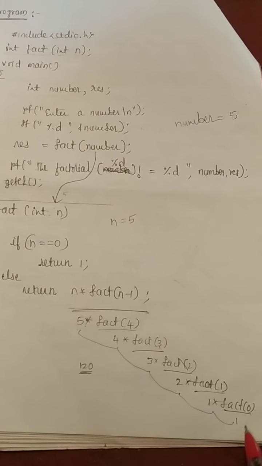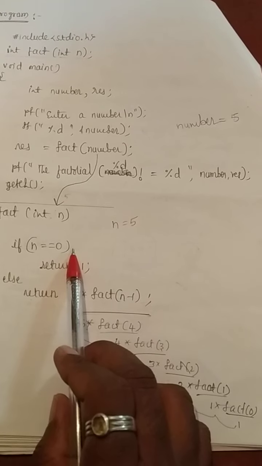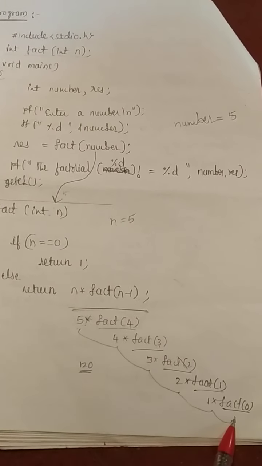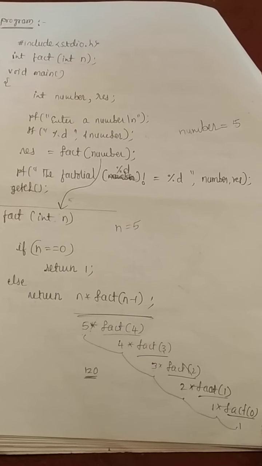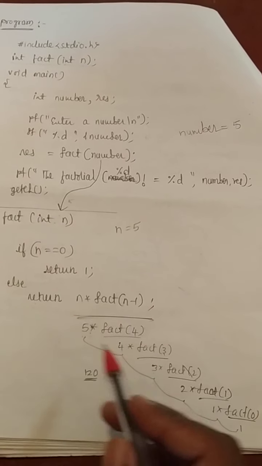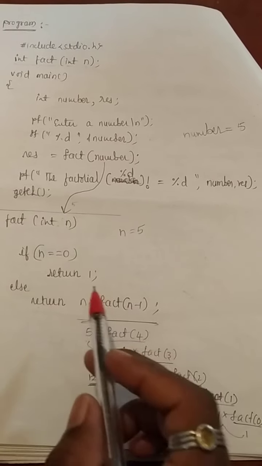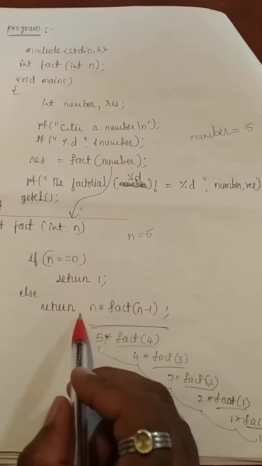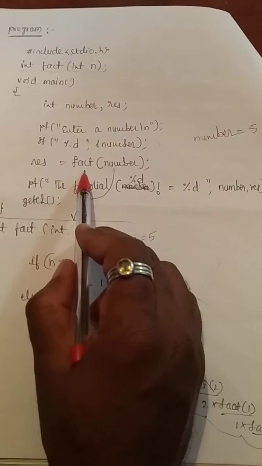Got it? So in each iteration what happens? If condition will be becoming false and else will be executing. But at the final step what happens? If condition becomes true, so that you will get the 0 factorial result as a 1 and each thing will be multiplied with the previous iteration and you will get the final result that you are going to return. To whom? Main function. See, return of how much? 120. 120 is returned to this function.